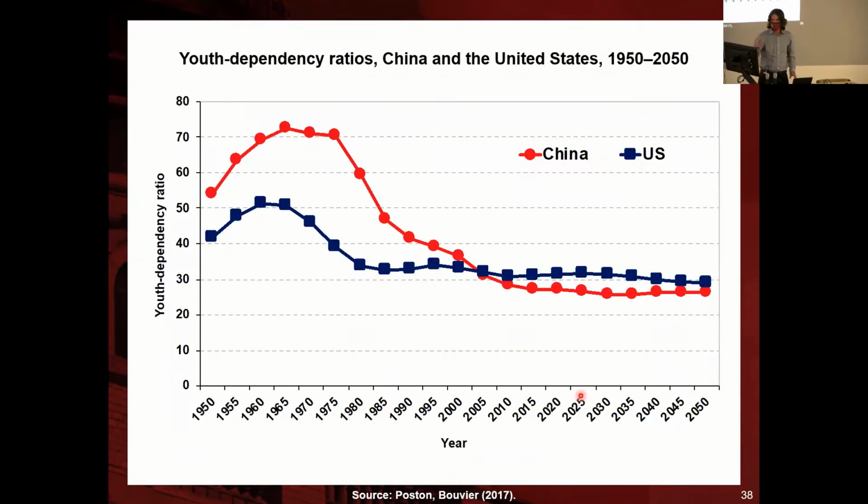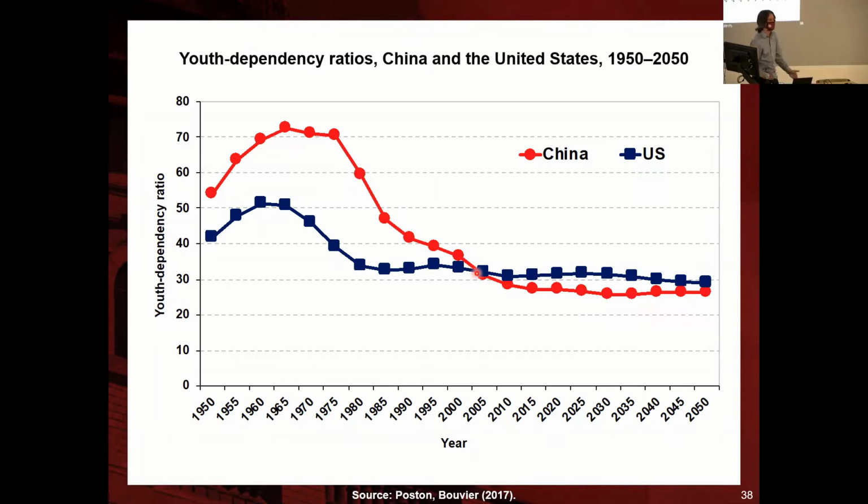In this graph, we have only 2 countries, but we have data for several years. And here we are showing only the youth dependency ratio. So we have China in red and the US in blue. And you see that the youth dependency ratio was much higher in China. And then around the end of the 90s, beginning of the 2000s, it started to be at the same level as